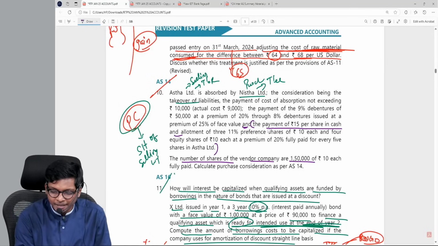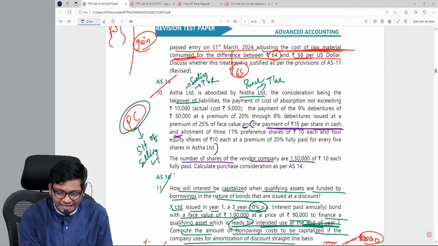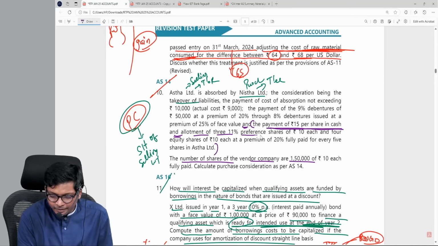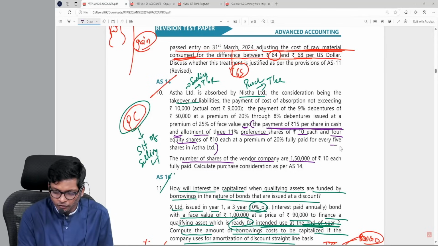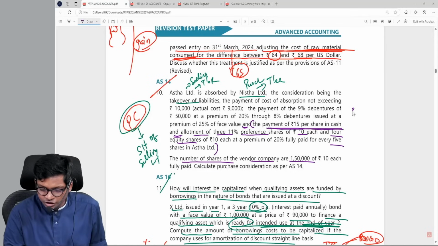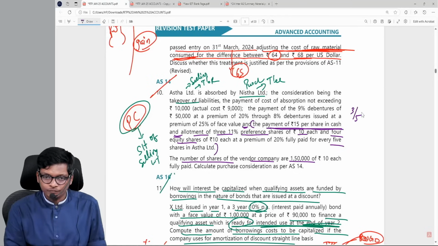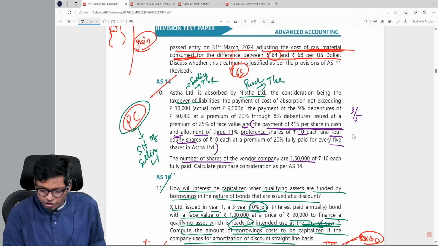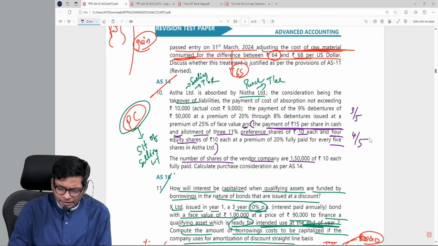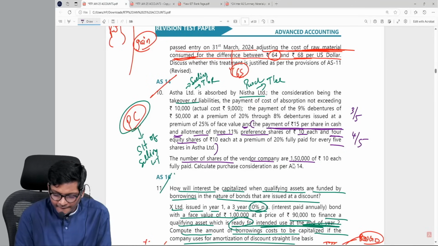Okay. The payment of rupees 15 per share in cash. Done. Next, the allotment of 3 11% preference shares of 10 and 4 equity shares for every 5 shares. That means for preference shares, the ratio is 3:5, and for equity shares, the ratio is 4:5. But how many preference shares are there in the company? Assuming it is the same,